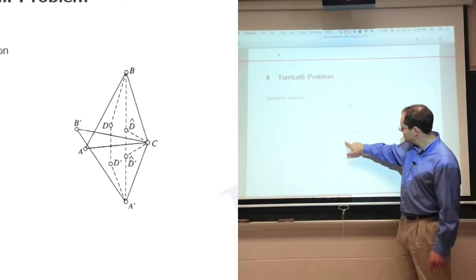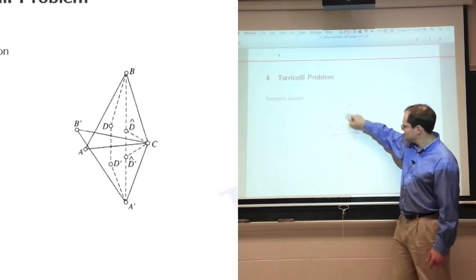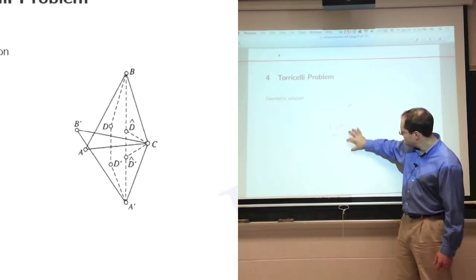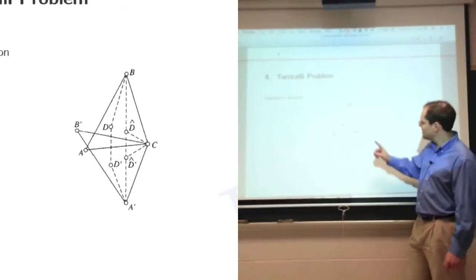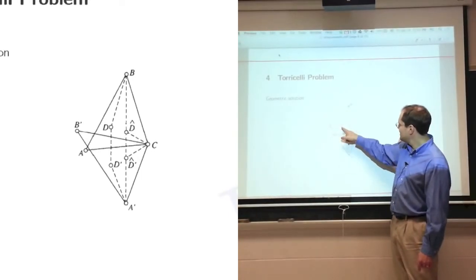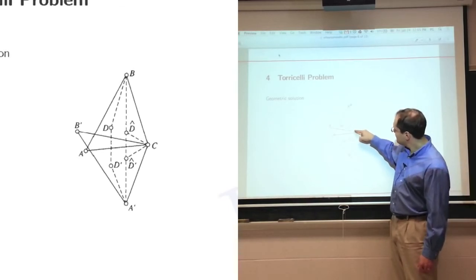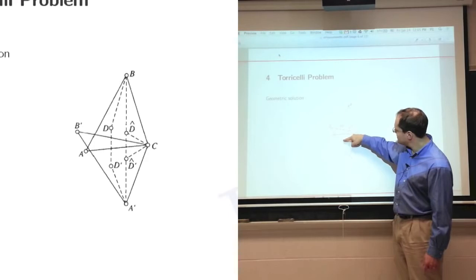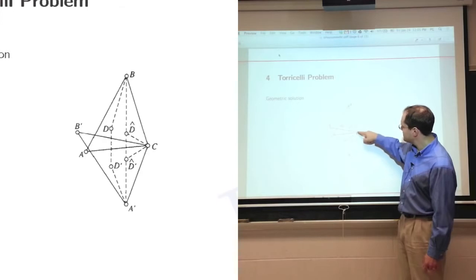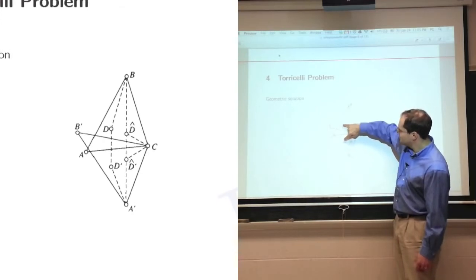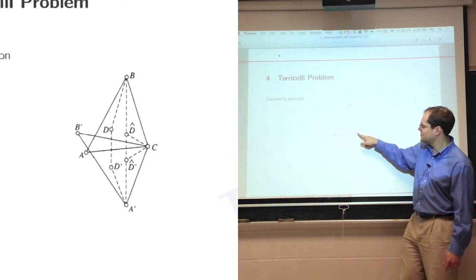So the point D becomes the point D prime. So this distance is what it used to be. The distance to the point A is now the distance from D prime to A prime because the whole thing just rotated. And the nice thing is that the distance to the point C, because this angle by which we turned is exactly 60 degrees, so this becomes an equilateral triangle because 60, 60, 60. So this distance from D to D prime is exactly the distance to C because this triangle in here is